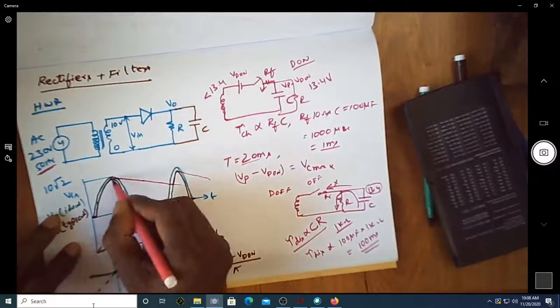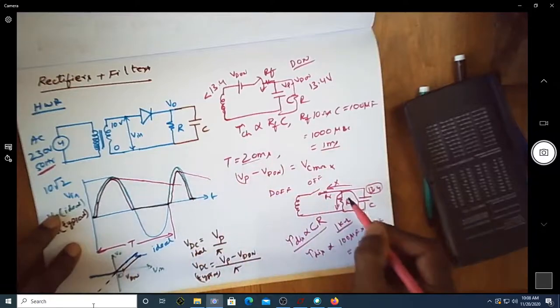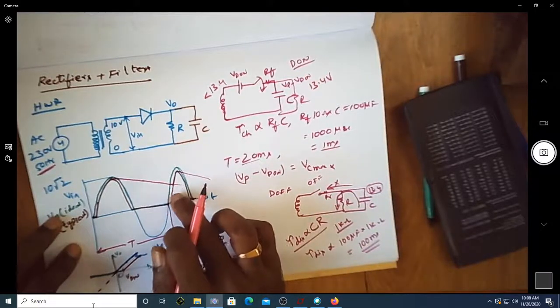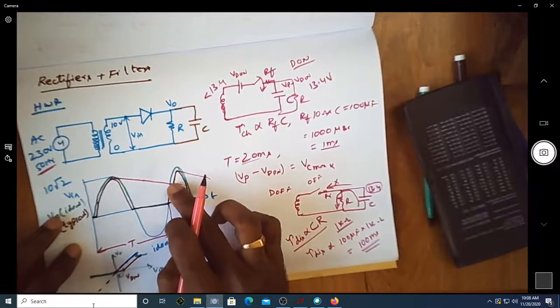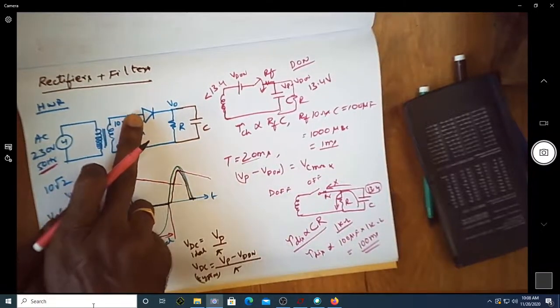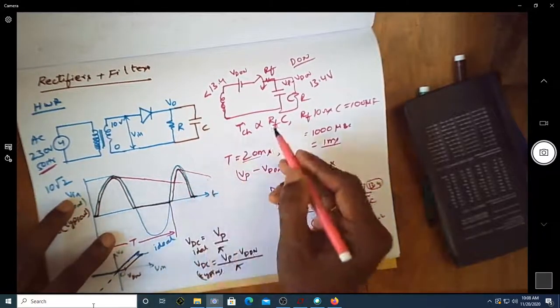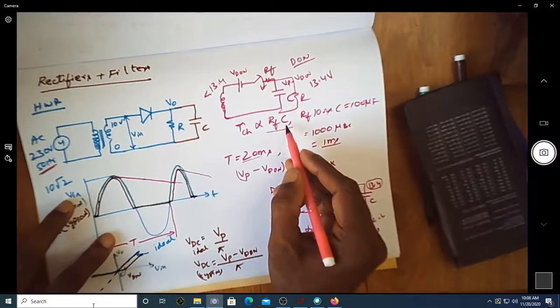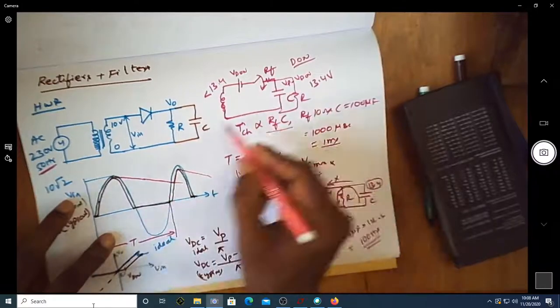So it charges along with this and then keeps on discharging. It won't discharge till the end, because somewhere in that path you're going to have the input increasing again. So once the voltage at P becomes more than the voltage at N, the capacitor starts charging. While charging, RF into C is the time constant. While discharging, it is this resistor.